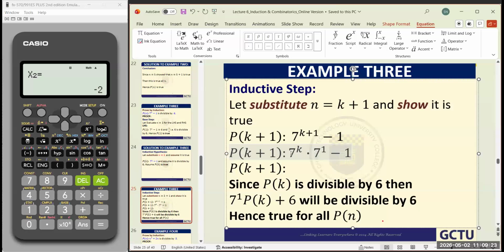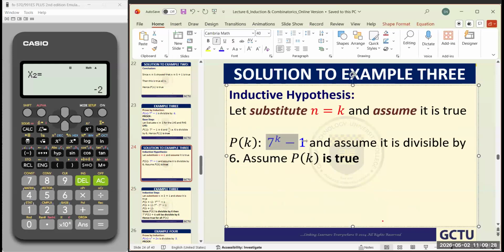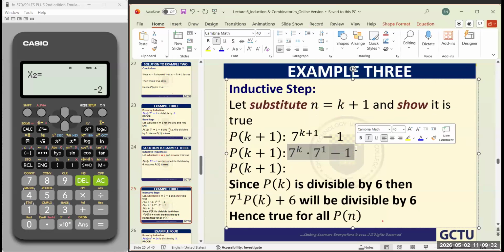So this term that I have here, this 7^(k+1) minus 1, can I write it inside this? Now watch me, I'm going to do it. If I factor out 7 raised to the power 1 from this term, so if I factor 7 raised to the power 1